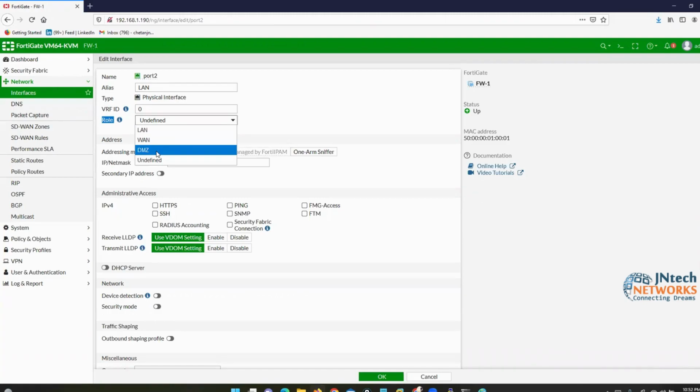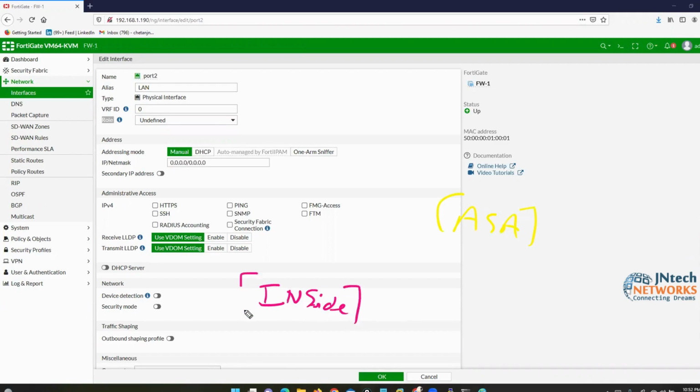If you are familiar with the Cisco ASA firewall, in Cisco ASA we have a predefined keyword called inside. If you go on any interface, for example FastEthernet 0/0, and you type this predefined keyword, inside,